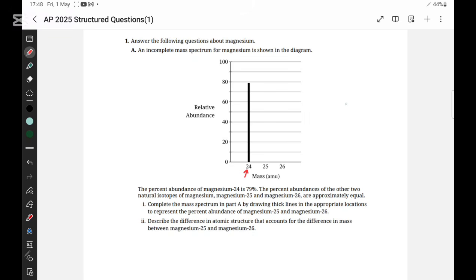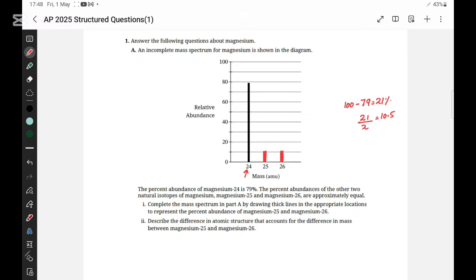That means if total abundance is 100, and we subtract isotope 24, which is 79, we are left with 21%. And if 25 and 26 have equal abundance, then 21 divided by 2 comes out to be 10.5. So we have to draw the graph for it. It is going to be like this. At 10.5, they both are at 10.5,